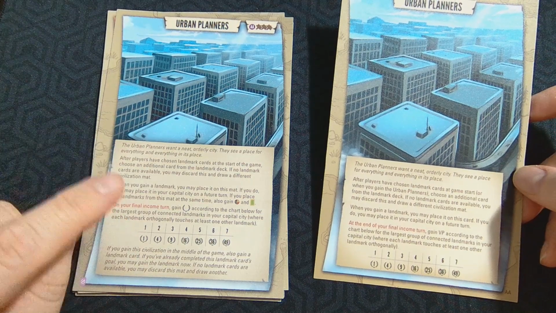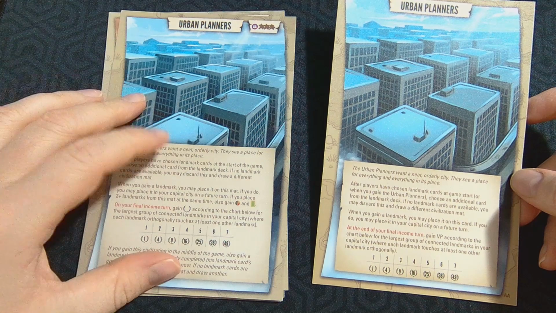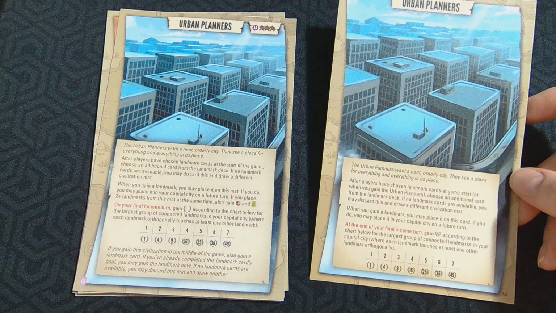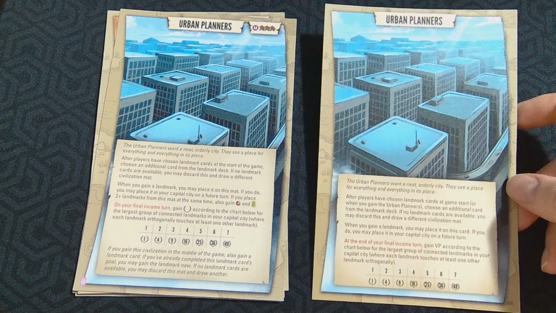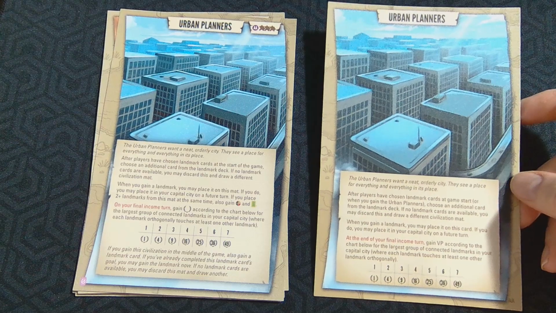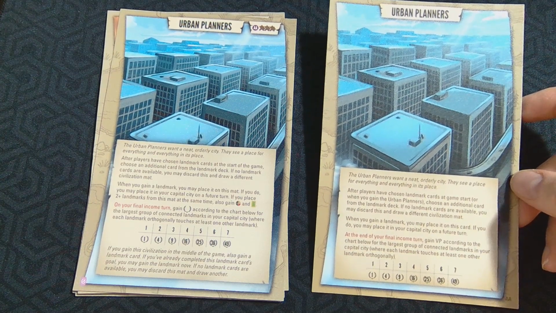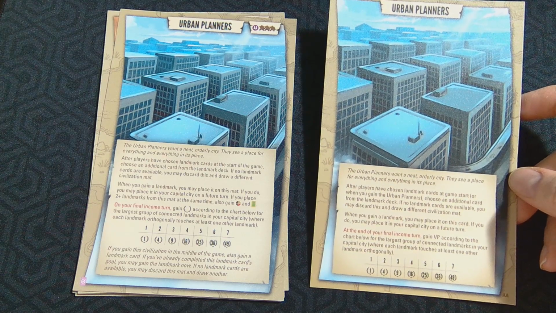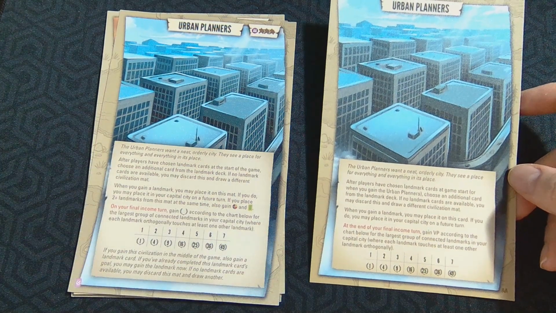So the big change here is, with the new version, if you place 2+ landmarks at the same time, you also gain a resource and a tapestry card. So you're rewarded for saving them up, but then the downside is they're not on your capital mat, scoring points and other resources. During your final income turn, according to this chart below, which is the same on both, it hasn't been changed,